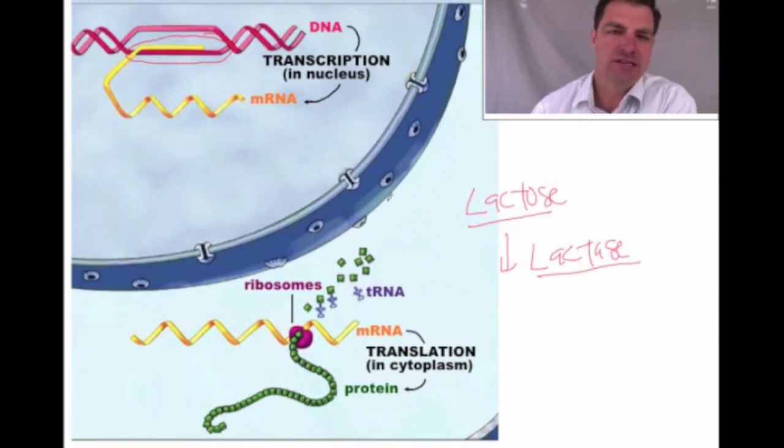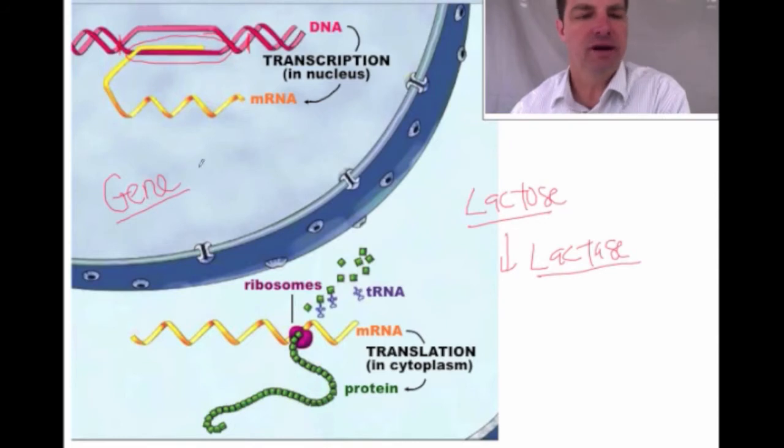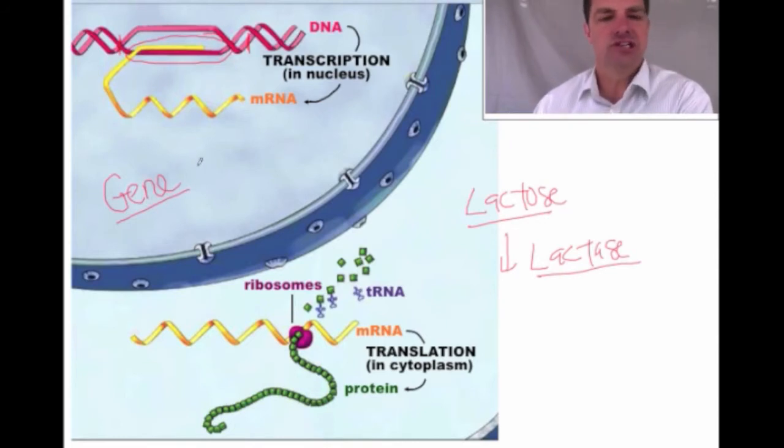So what we're talking about today is how we can take that DNA and use pieces of it, from one section to another, to copy just a piece of that DNA as the instructions on how to build a protein. This is different than DNA replication. We're just going to copy one piece of the DNA here. When we copy one piece of the DNA that's used to make a protein, we call that a gene. So you've heard of genetics before, or a gene. Your genes are essentially the instructions on how to build proteins.